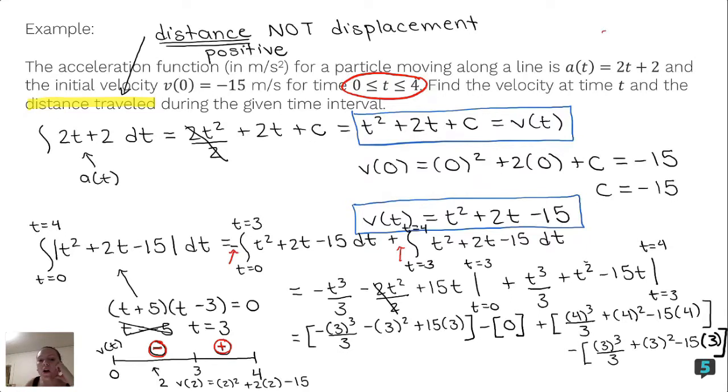Okay. Any questions on how I did that integration and plugged in before we finish simplifying it? No? Okay, so keep in mind that 3 cubed is going to give me 27, and 27 over 3 is actually going to give me a 9 in that first term? So it's going to be a negative 9. So in my first set of brackets, I've got negative 9 minus 9 plus 45 minus 0, so we can not worry about that one. And then I have plus 4 cubed is going to give me 64 over 3 plus 16 minus 60